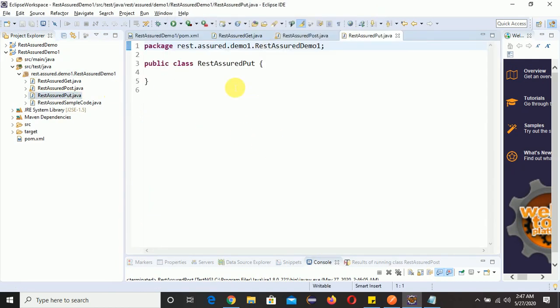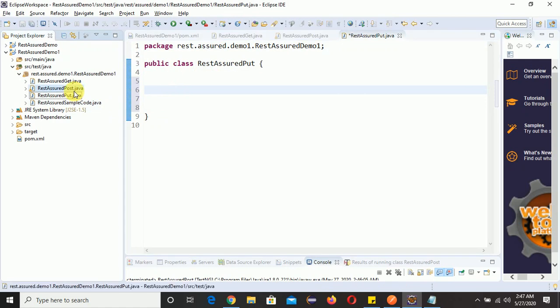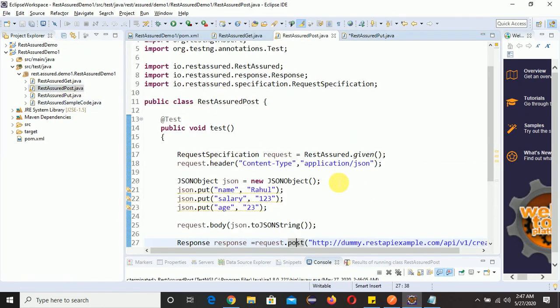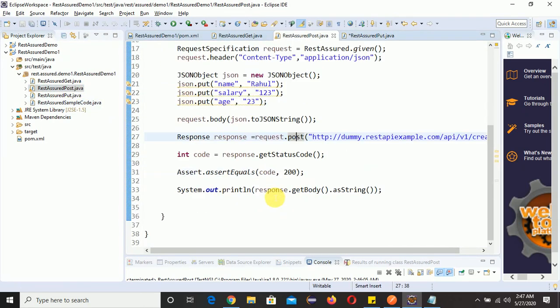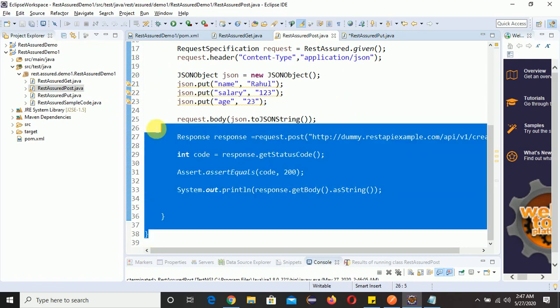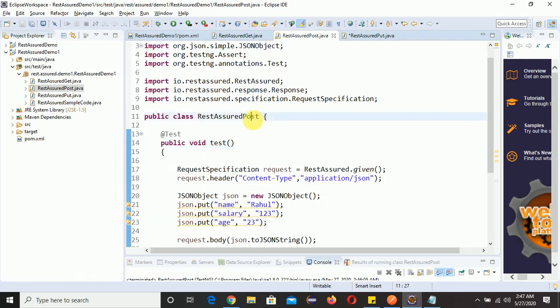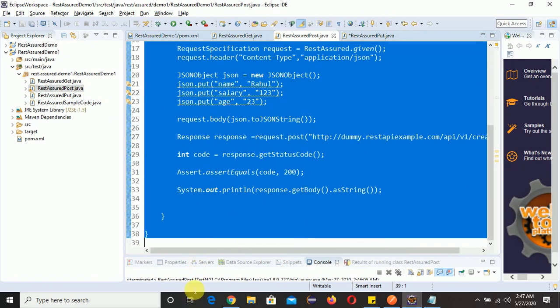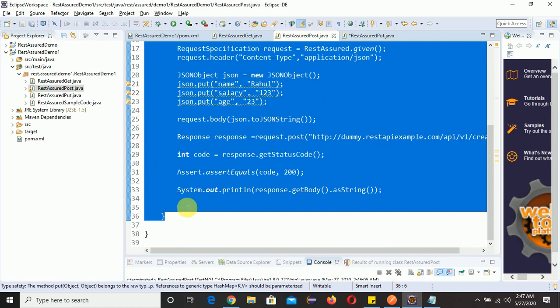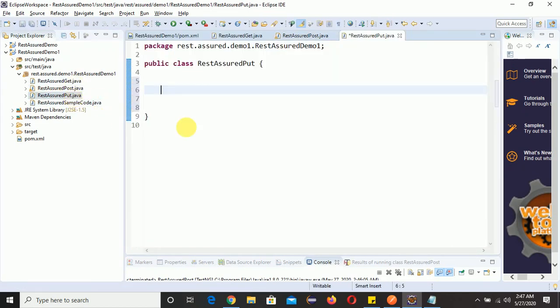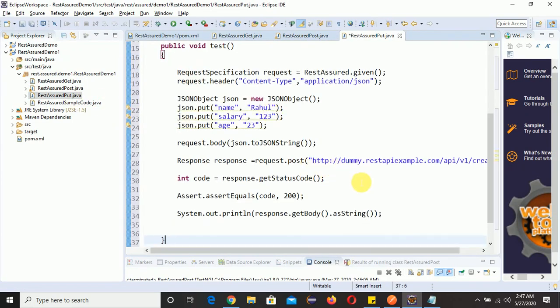Click on finish. I told you, right? The whole code will be same, and we need to do the changes in two places. I will tell you where. So let me copy whole thing here. I will copy whole, put, paste it.